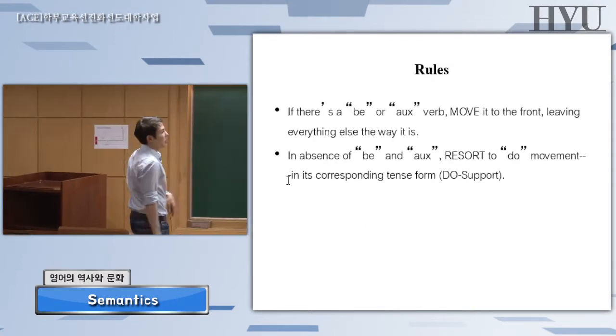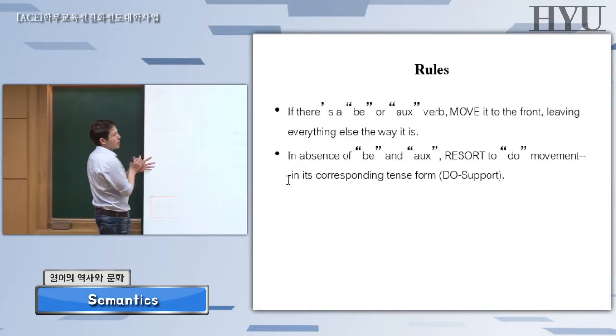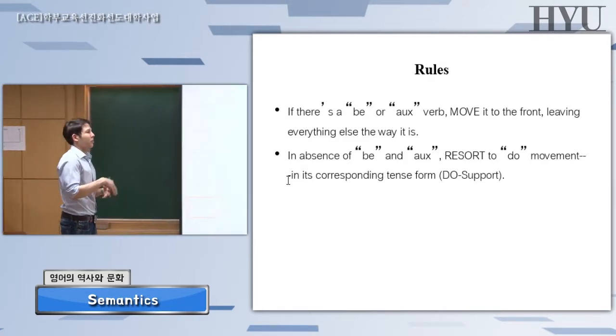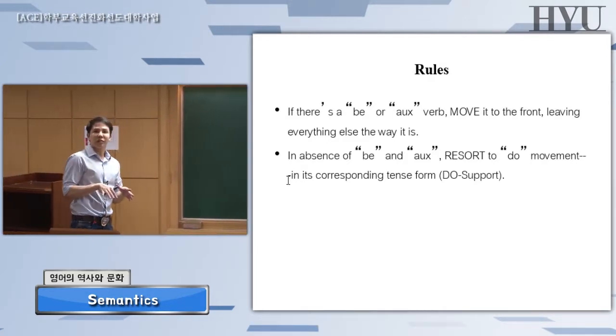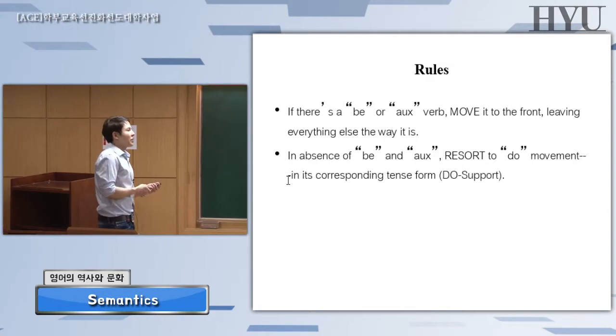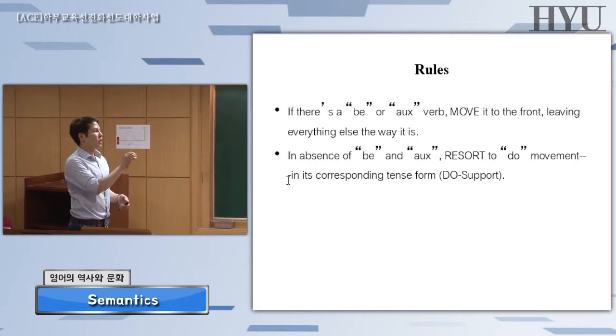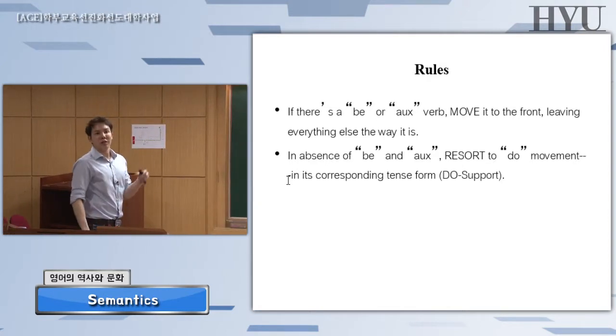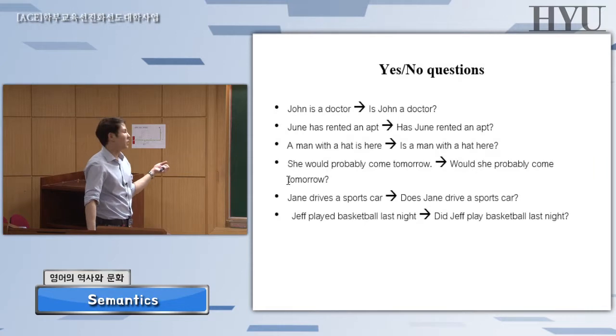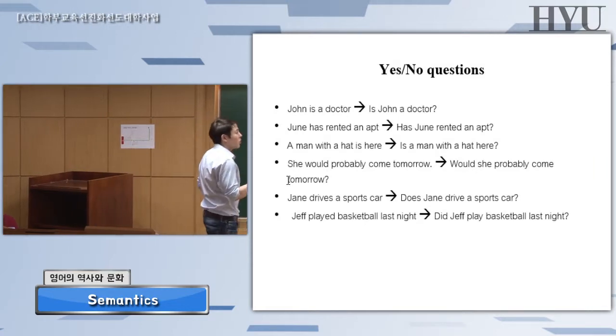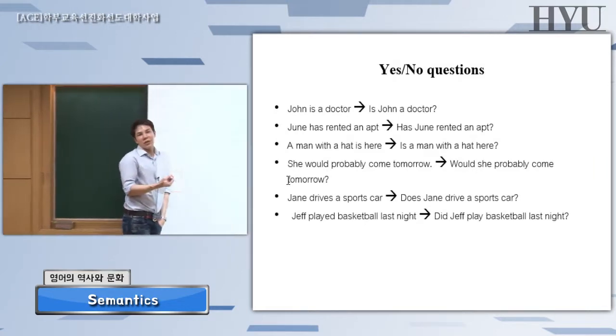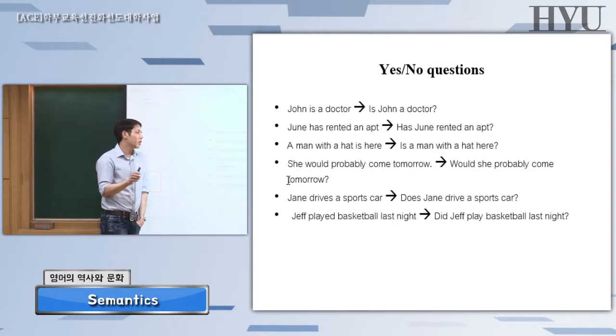So this is what we talked about, right? If there is a be or an auxiliary verb, move it to the front, leaving everything else the way it is. In the absence of the be and the aux, we use the do support, right? We make it into a question by using the verb to do in the corresponding tense. That's what we do. So this is another piece of evidence that native speakers of English